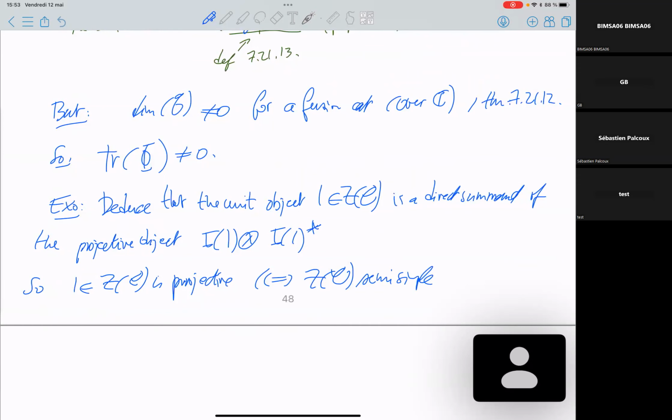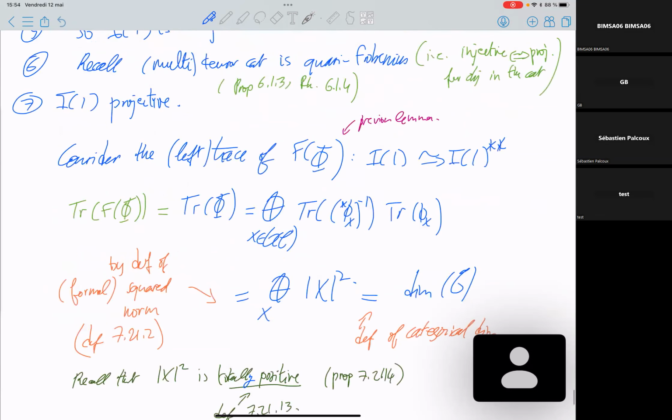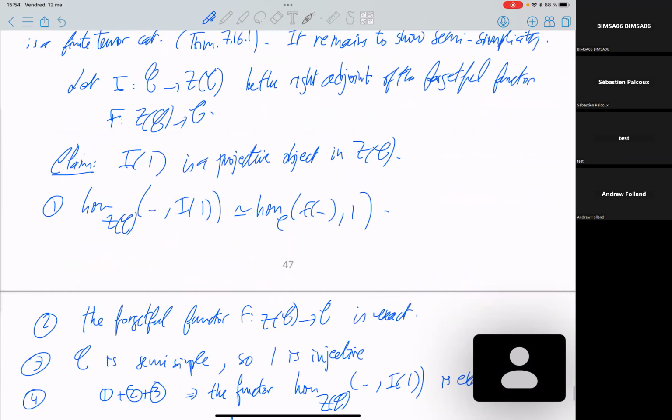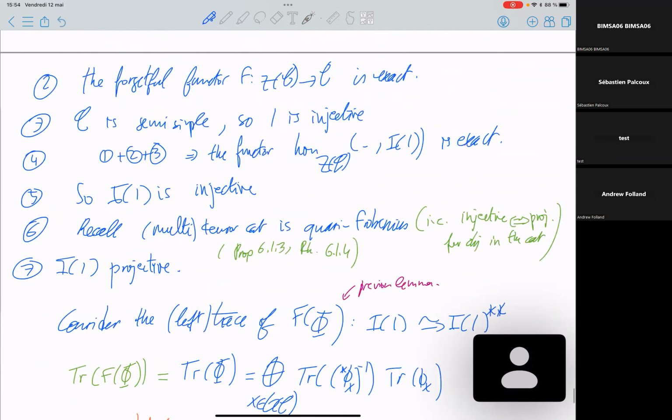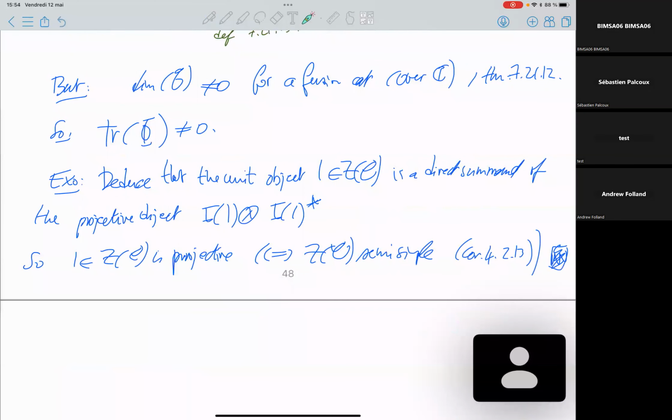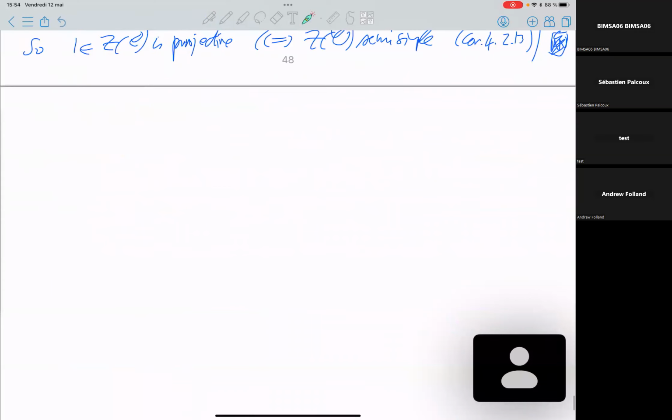In general, this is a corollary. The semi-simplicity is equivalent to having the unit object be projective in general. So the proof is almost complete. We just need to do this exercise. Okay, so now